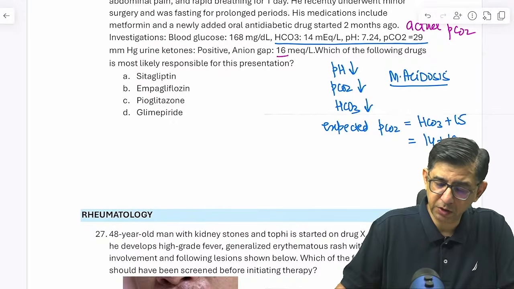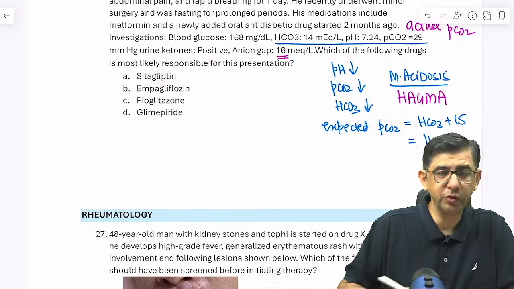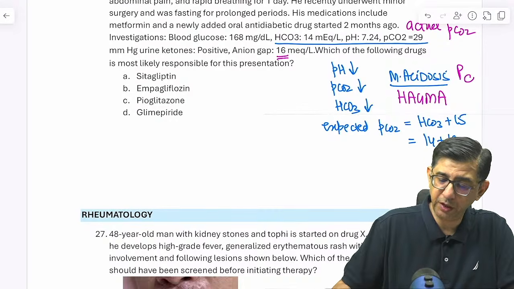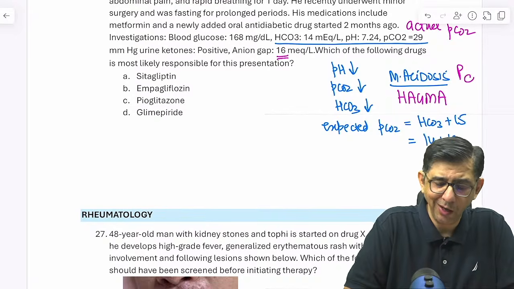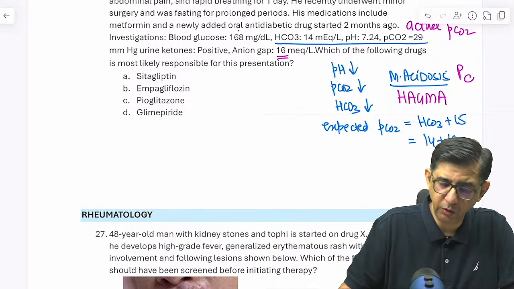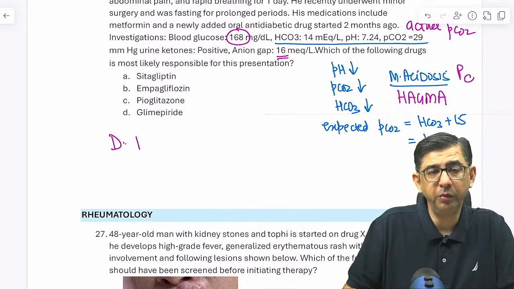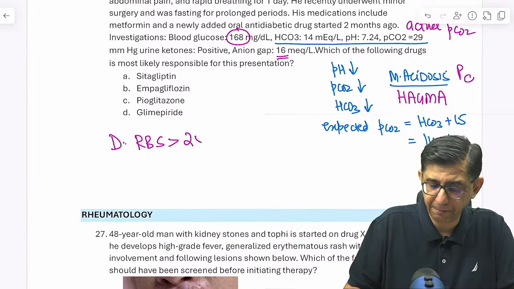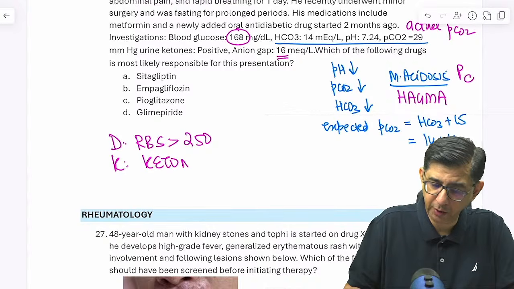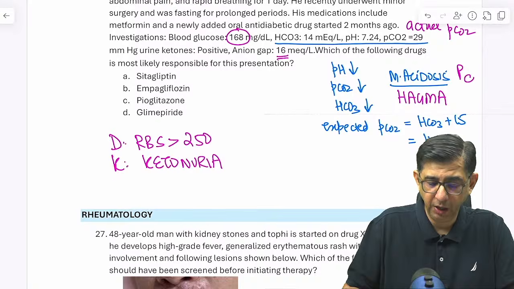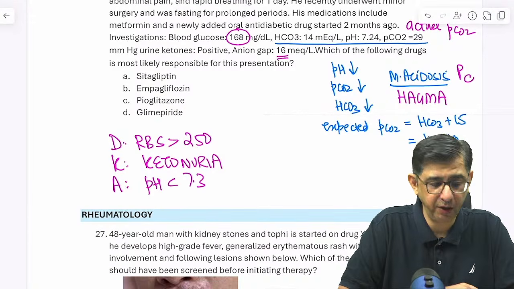Anion gap is 16, which is a little on the higher side. So the final answer is the guy is having a HAGMA, high anion gap metabolic acidosis, which is partially compensated. The final answer is HAGMA, high anion gap metabolic acidosis, partial compensation of metabolic acidosis. And then obviously that sugar is not fitting the threshold of diabetic ketoacidosis. For diabetic ketoacidosis, the D component should be random blood sugar above 250. The K component in the patient should be in the form of ketonemia or ketonuria. So that part is okay. Urine ketones are positive, that is given. And for the acidosis component, the pH should be less than 7.3 or bicarbonate low. So all parts are satisfied. But this is a case of